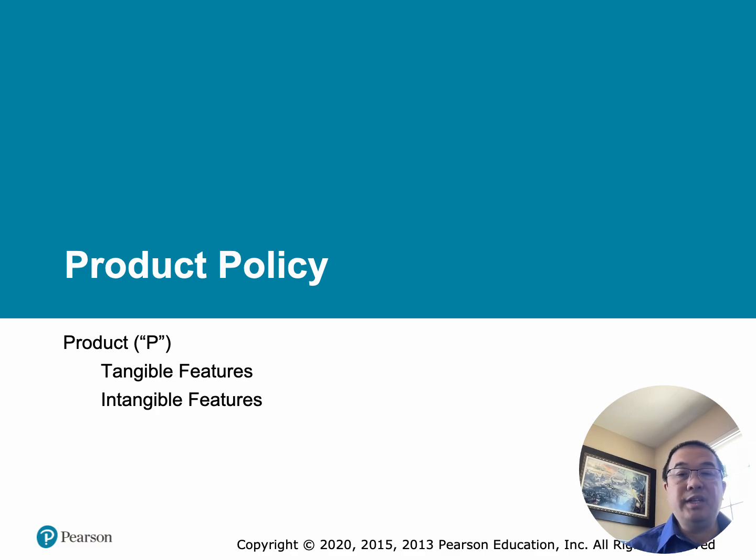Number two, intangible features. These are the non-physical benefits associated with the product. Examples are brand reputation, customer service, warranty, product image, prestige, and trust, as well as user experience. Apple, as an example, sells more than a phone. Customers also buy innovation, status, reliability, and premium brand image. These are intangible features.